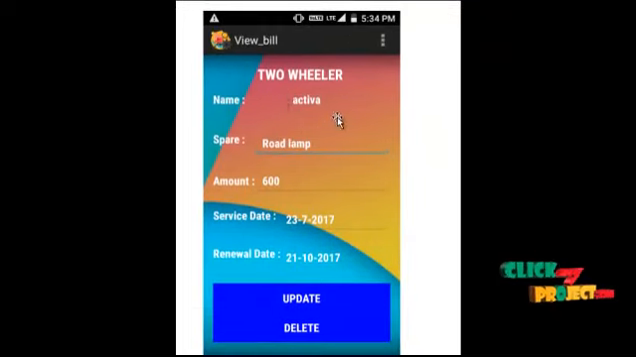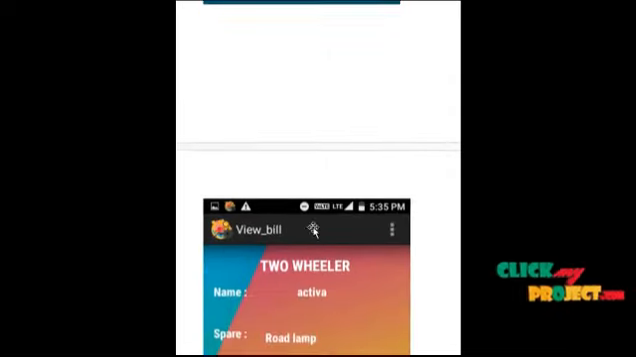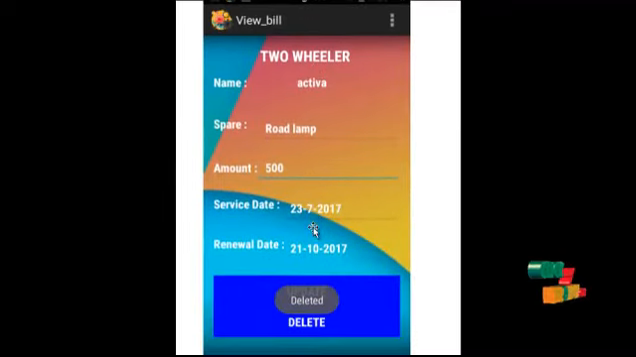So here the vehicle name was Activa, and they changed the spare and the amount, service date and the renewal date. These will all be automatically shown, except the name. All other details can be updated. So if you want to change the amount or service date, you can change. So after changing,